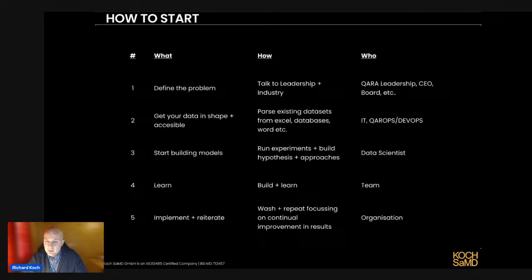Not all of them, but some of them will, but it's getting your data in shape. So the average business in general, but especially the quality departments, will have a lot of information in forms, in PDFs, in Word documents, in Excel tables, etc. And these are really hard forms of data to work with. Again, it comes out of an old paradigm. We used to use paper, we don't anymore. We still need the PDFs, but we don't need the Word documents to produce the PDFs, right?